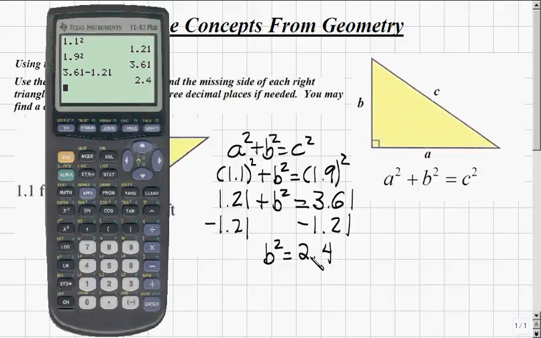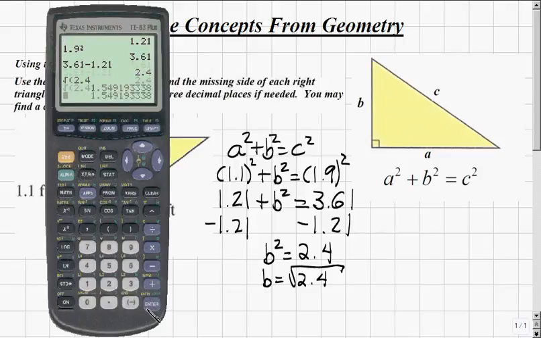Next, we're looking for some number squared that would work out to 2.4, and that means that number would have to be the square root of 2.4. So let's square root 2.4. Second square root 2.4. Enter. We get to 3 decimal places 1.549 exactly. So B equals